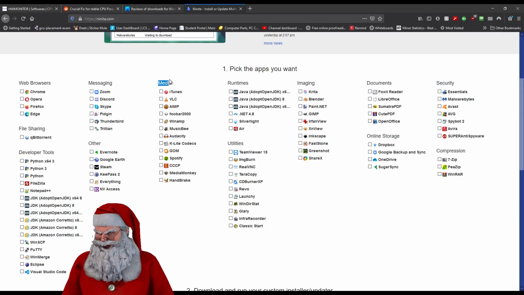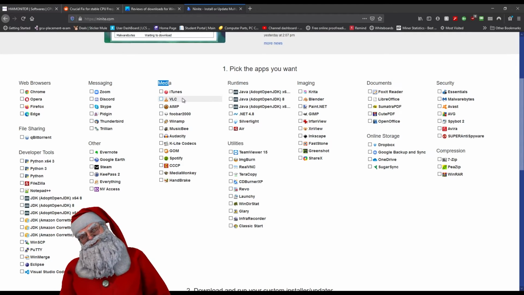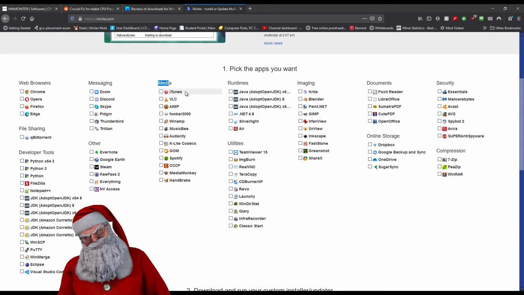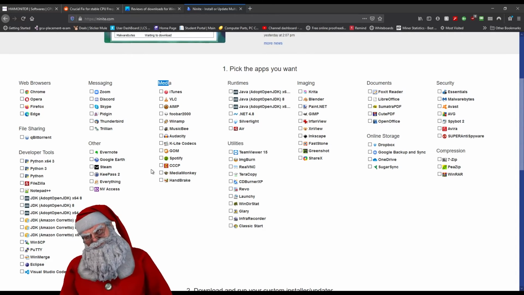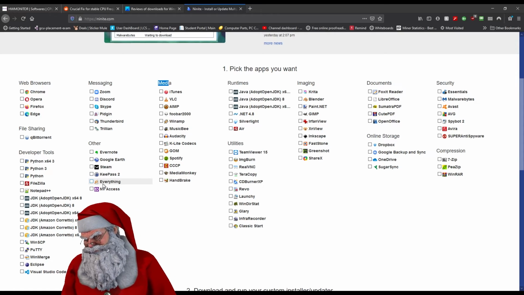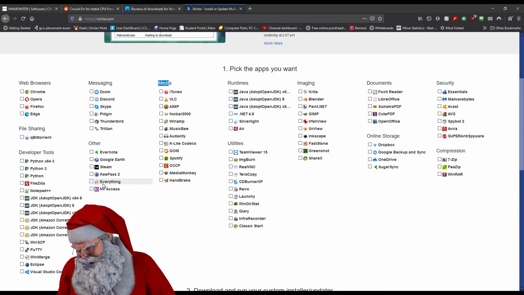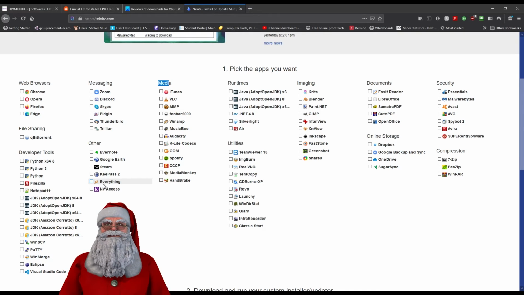And then for media, you have VLC, which is very important. That's basically a no-brainer alternative to Media Player built into Windows. If you're recording audio, you have Audacity, Spotify if you're listening to that, and then Handbrake is good if you're encoding videos. And then here we have Everything, which is basically another no-brainer addition to your system,